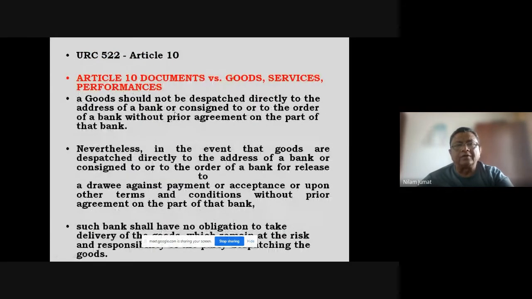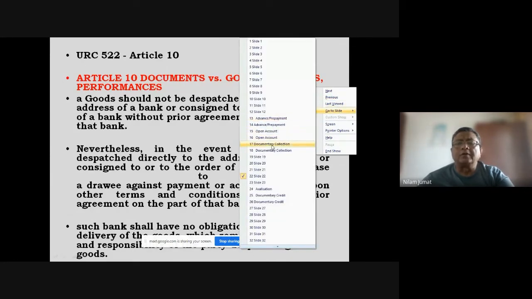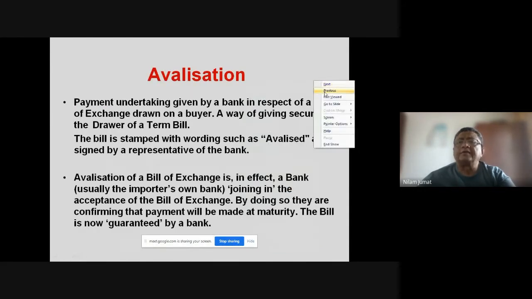Goods are, and I'll also tell you about this. You know, when you call it BL, these are saying what applies when you are giving the documents. For example, these are articles. I don't think that you need to worry too much about them. Okay, so when you talk about documents,